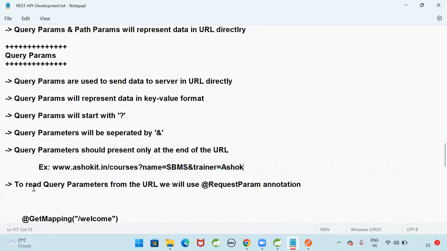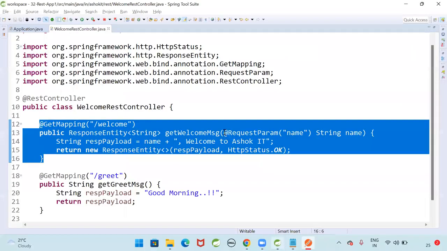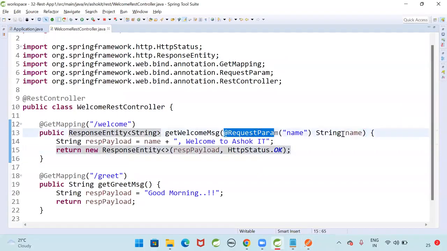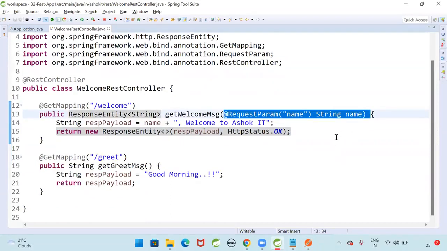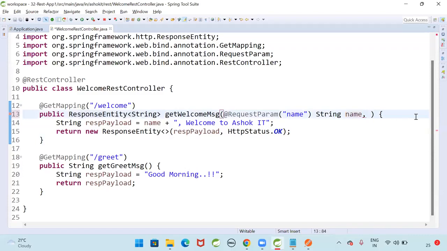How to read these query parameters in the REST controller? There is an annotation called @RequestParam. Using this annotation, we can read the query parameters. Currently, in the URL, I'm sending one query parameter, so I am writing one method parameter with @RequestParam. If you have two query parameters, you will write one more variable with @RequestParam. If you have another query parameter,